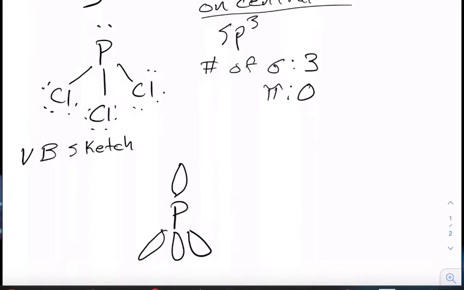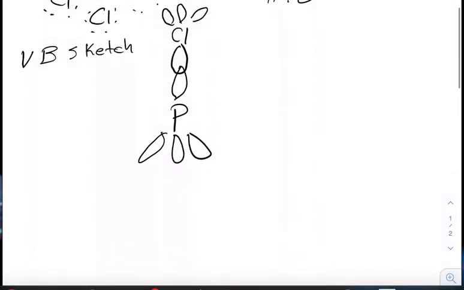And what we want to do is actually then draw each of the chlorines so that they have sp3 hybridization. But we're going to do so in a way that lets at least one of those hybrid orbitals overlap with one of the ones on the phosphorus. And again, I'm going to have to scroll down just so there's plenty of space here. And so as a kind of a warning as you go to draw these on your paper for what you want to eventually take images of to turn in,